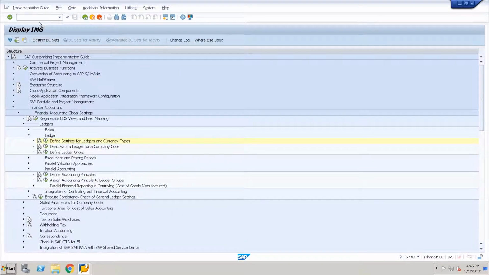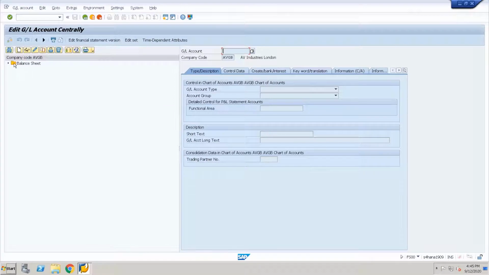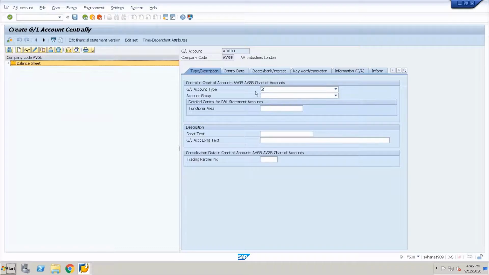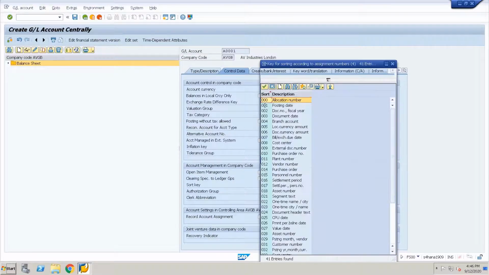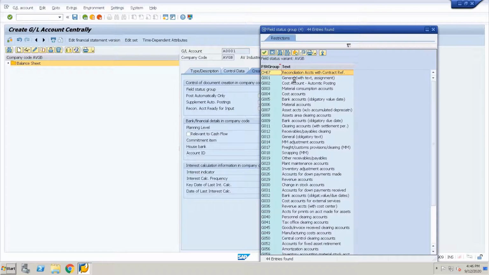So now let us go and try to post some document. Let me create some GL accounts before we try to post some documents. Field status group, I will take it as general.